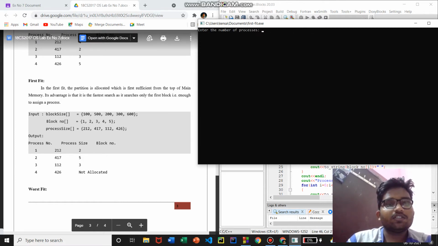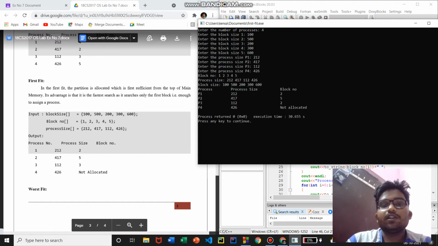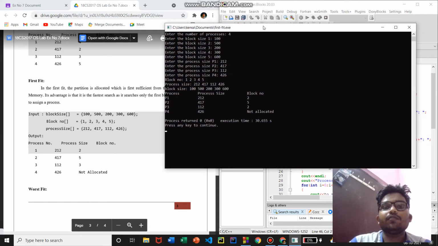Here the number of processes is 4. The block sizes are 100, 500, 200, 300 and 600. The process sizes are 212 for the first process, 417 for the second, 112 for the third, and 426 for the fourth. Now we can see the block of size 100 is not large enough for this process. That's how the first fit algorithm works.